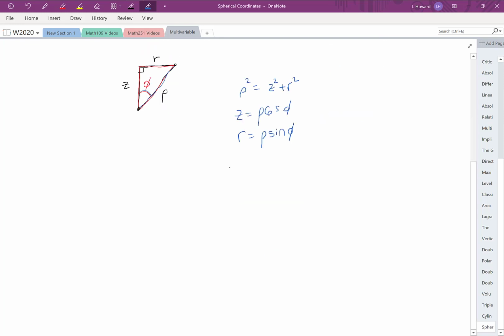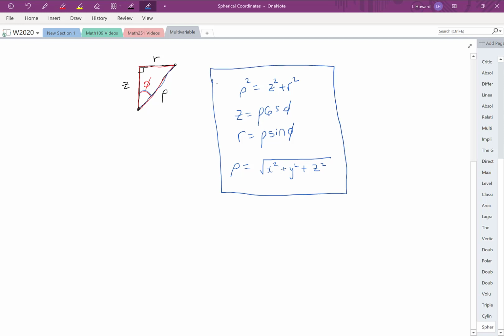One other fact that's going to be useful if we're ever trying to move between spherical and rectangular coordinates is that rho represents our distance in 3D. So rho is going to be the square root of x squared plus y squared plus z squared. So those are going to be the key relationships to remember anytime we're trying to convert